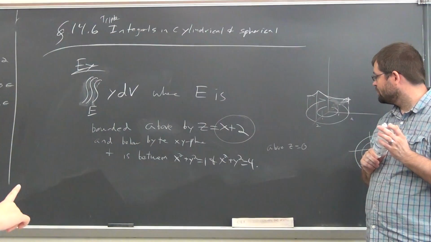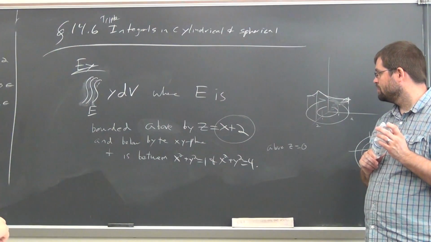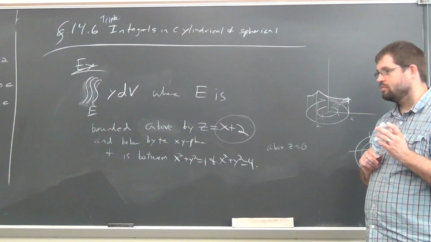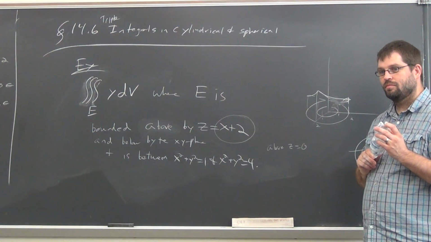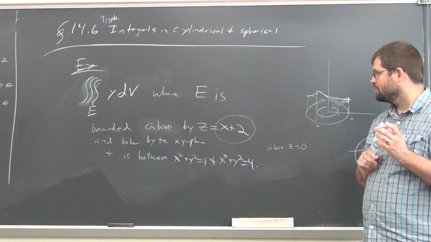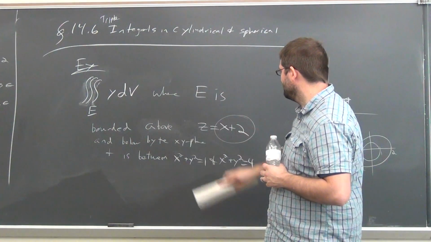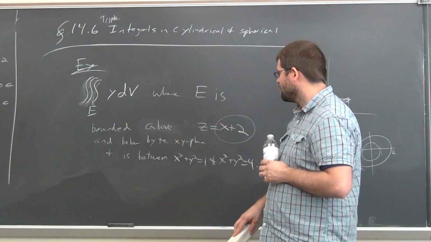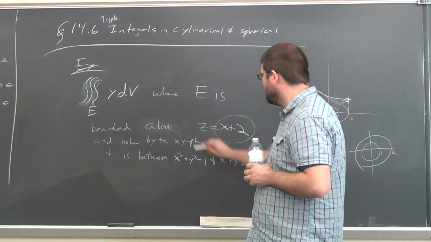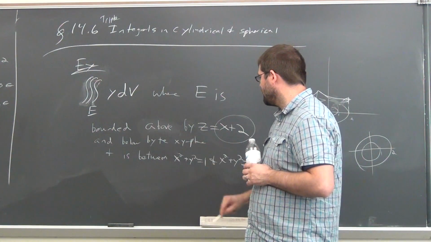No, this one makes sense. Above 0 equals 0 is up, but why is that one going down, above by z? Oh, above, I didn't mean by. Above z equals this. Oh no, that's right. Bounded above by and bounded below by. But